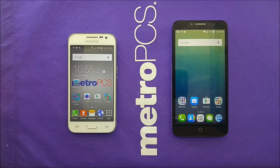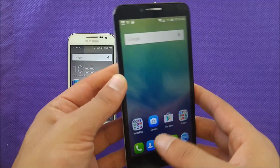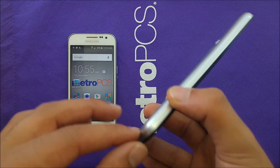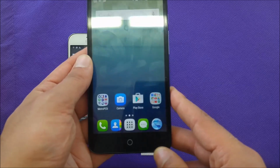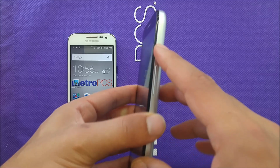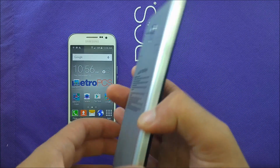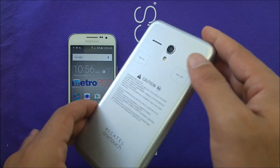We have a completely different design language here. Why? Because the Fierce XL stands for a phablet, or the big phone. It's a giant phone, call it whatever you want to call it. It's a massive 5.5-inch display, and the battery is not removable, and you have capacitive buttons here for Android, where you don't have any physical button to touch. And you also have the power and volume down on the side, and on the other side you're not going to be able to see anything on the phone. You have an 8 megapixel camera with a flash, and the speaker will be located on